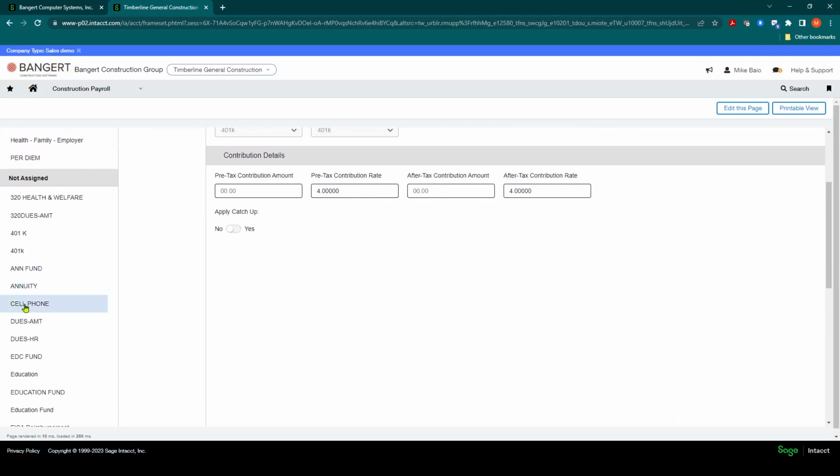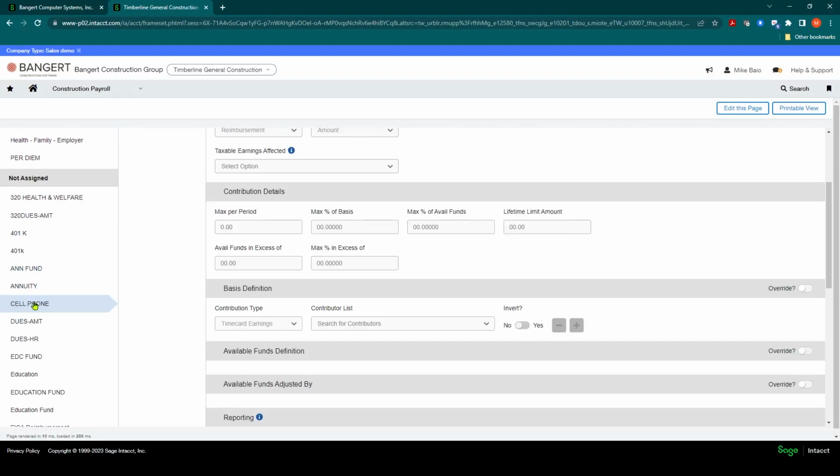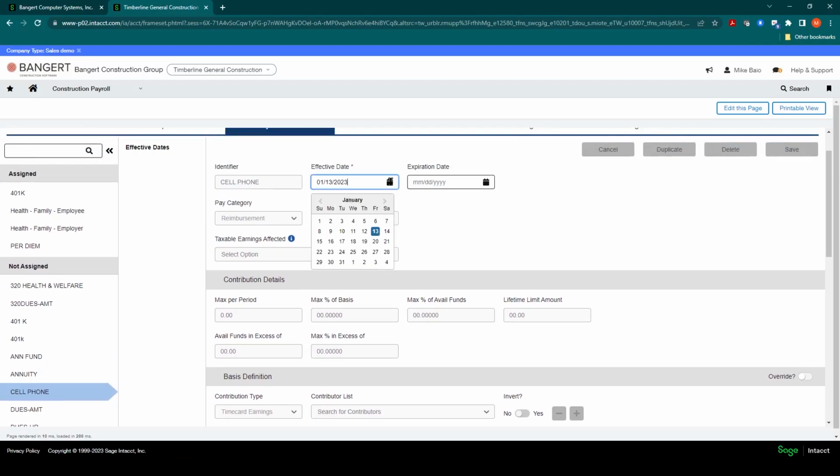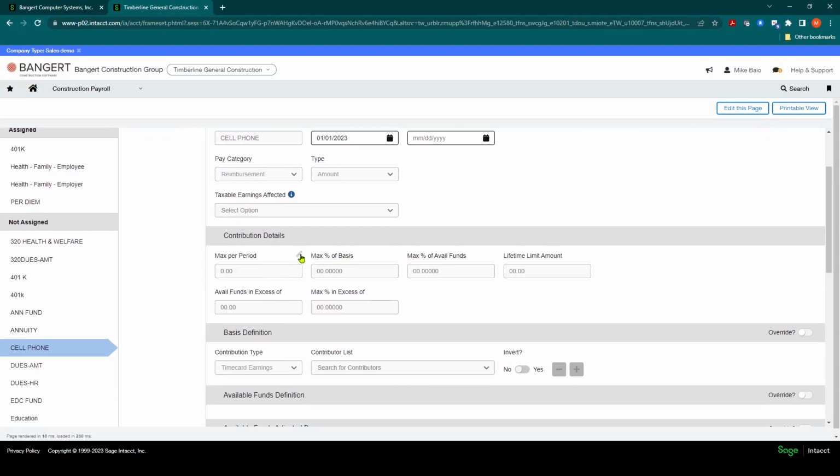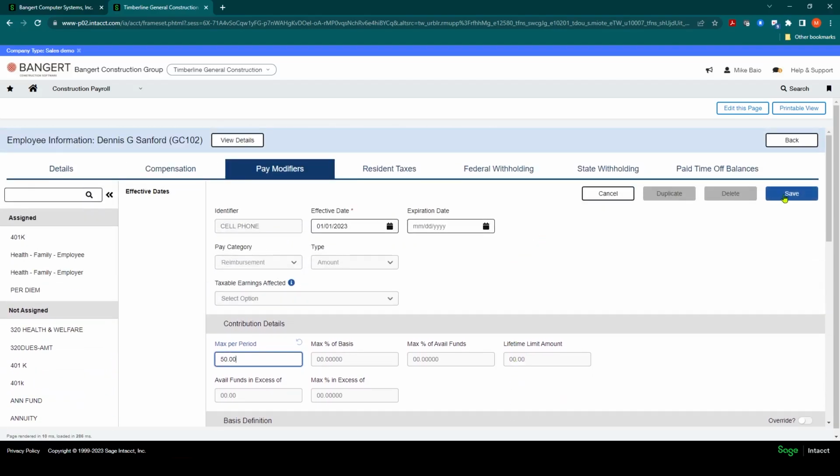Let's grab the cell phone. He's going to get a monthly cell phone allowance, so you're going to click on it. And then in the settings, you're going to pick your effective date. And then under the max per period or percentage, you're going to click on the pencil, and you're going to put in what their monthly cell phone allowance is. And let's say in this scenario, it's $50. You'll come here and click Save.